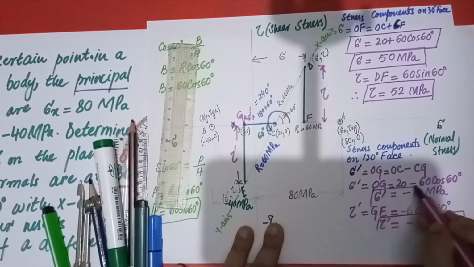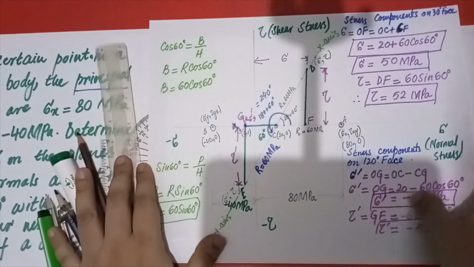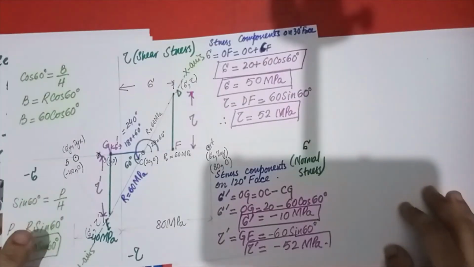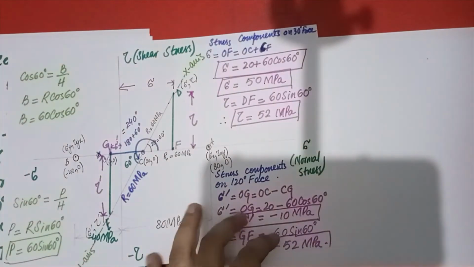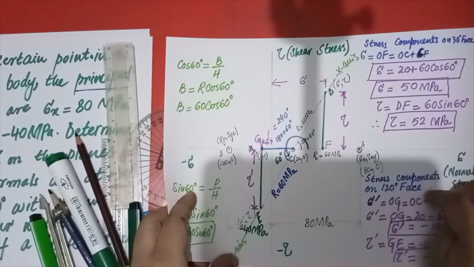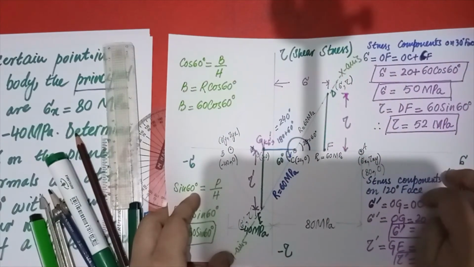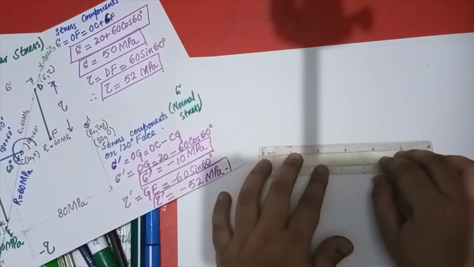So, this one. Now what we are trying to do here is find sigma, tau, sigma dash and tau dash. I am going to make the differential element, and how can I do that? First of all, I must tell you that I got this out at 60 degree and I got it on 30 degree. On this it is on 120 degree. So what will be the way you can make your diagram?